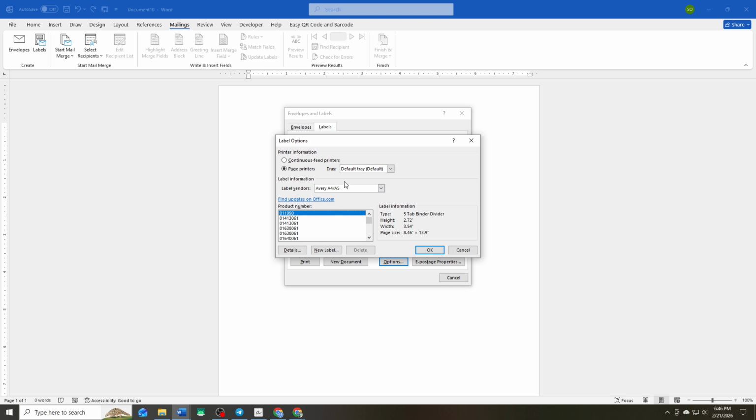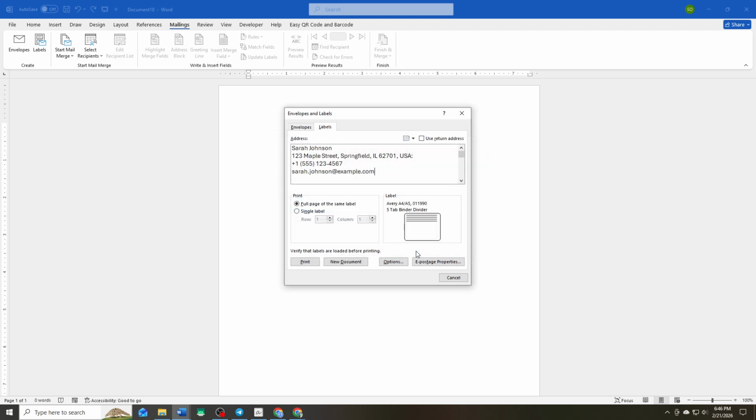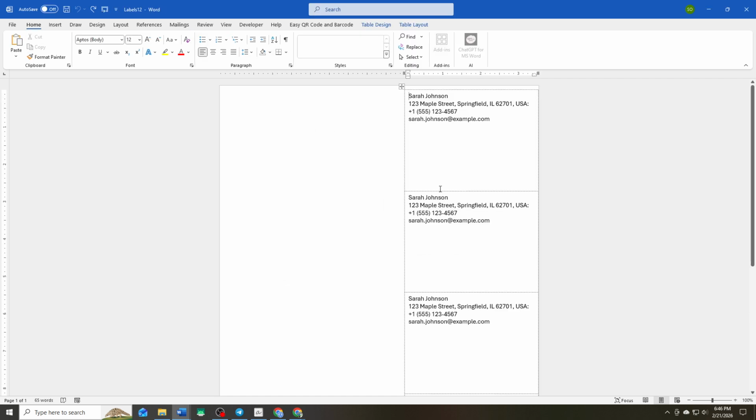In the Options window, select Tray and ensure it's set to the default tray. Then, choose your product number. This is the size of the labels you're using. Once selected, click OK. Now, hit New Document, and you should see a page full of address labels with the